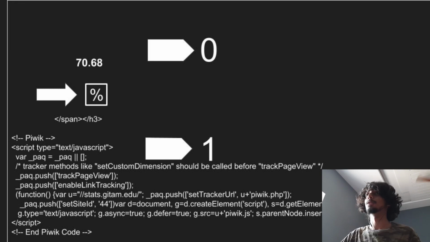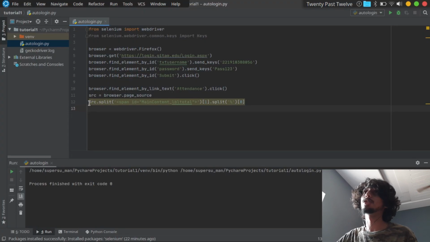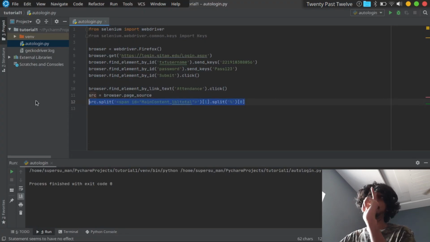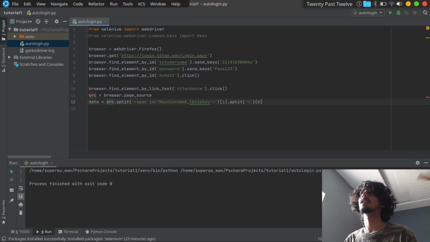See, this is 0, this is 1. Because we are now using this as the splitter, this code is going to return the text 70.68 which we want. Let me store it in a variable called data and then print data.